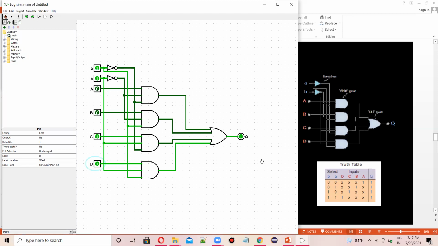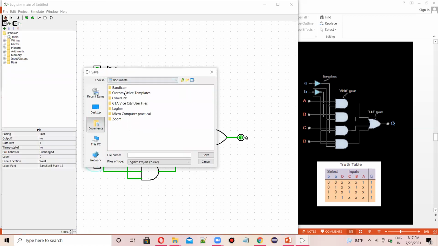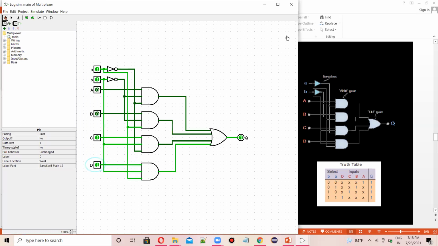So we can just think of it like a remote, like the TV remotes. Like that, we can think these are the buttons. Okay, so the main purpose of the multiplexer is getting so many inputs and giving only one output. That is about this multiplexer. And now let's save this. Now let's save this under this Logisim, and I'll name it as multiplexer. And I will close this.